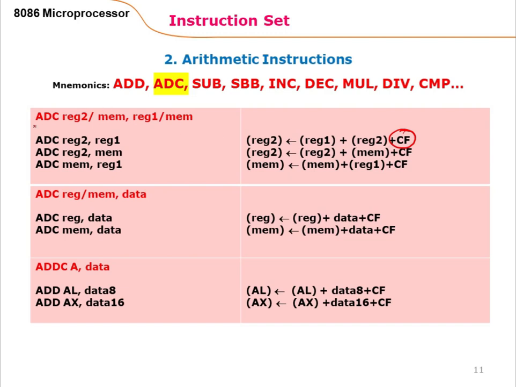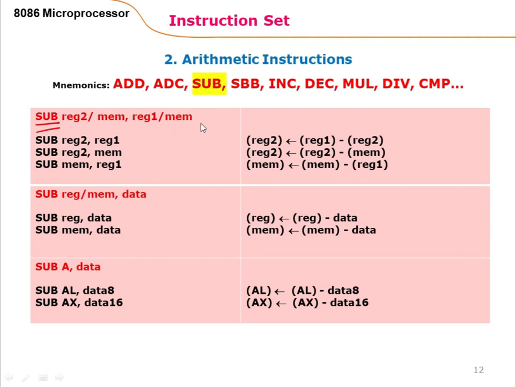So this is addition with carry. So ADC, that is addition with carry, we can use two operands as two registers, register and memory, and memory and register. Both being memory locations is not possible. So here when we are performing a byte-wise addition, then the carry may be generated in the first addition. So that carry should be added to the next byte instruction. So here we use this ADC instruction. So we can use the immediate data also, and we can use the ADC with 8-bit data and 16-bit data, as we have seen in the add instruction.